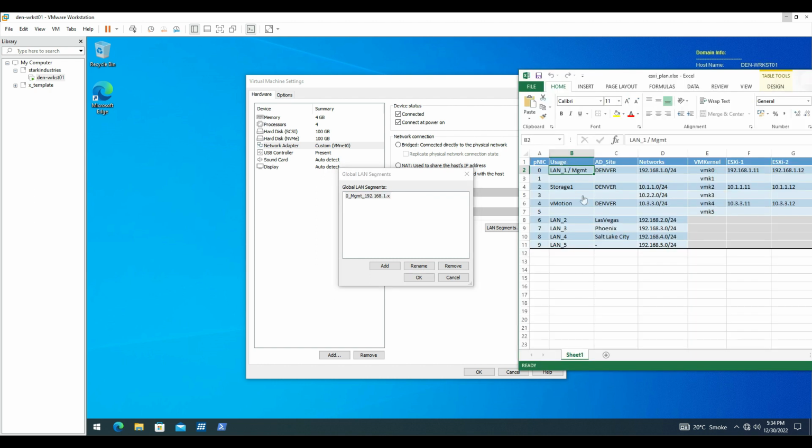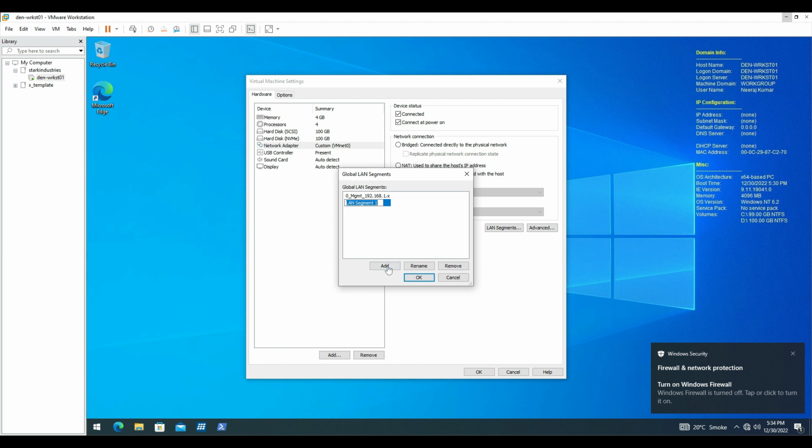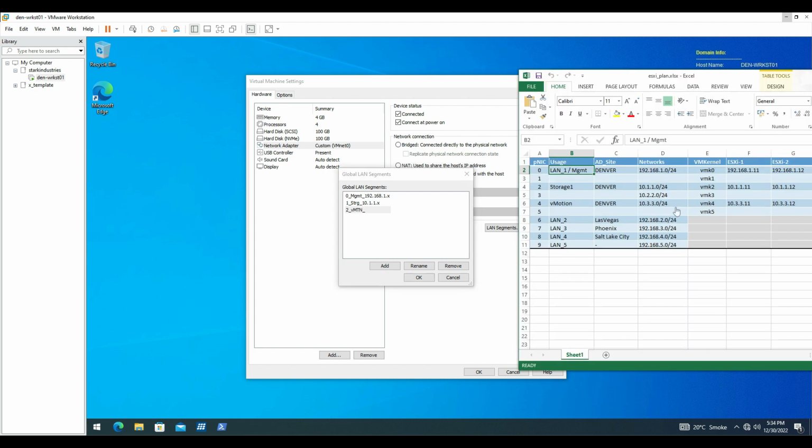The second network that we plan to create is for the storage, which is with the subnet mask or the IP address scheme 10.1.1.0. So let me click on add again, give it the name 1. I'm giving it storage, short form for storage, then 10.1.1.x. And there's another network that we're going to create right now, a network for the vMotion, network 2, vMTN, and the network ID as per our plan for the vMotion network is